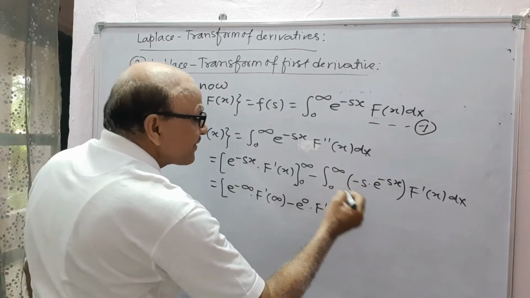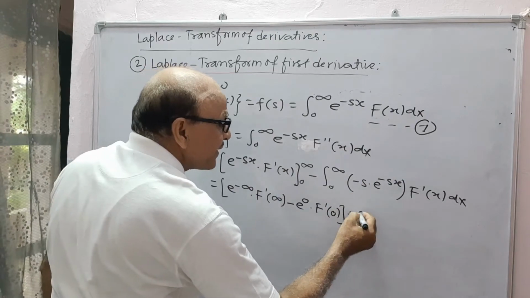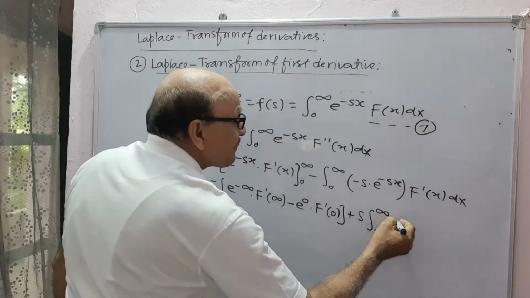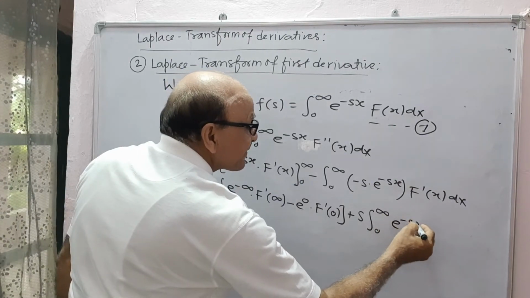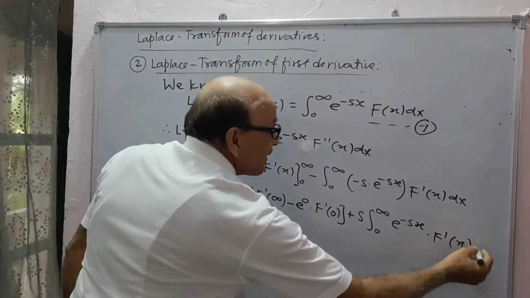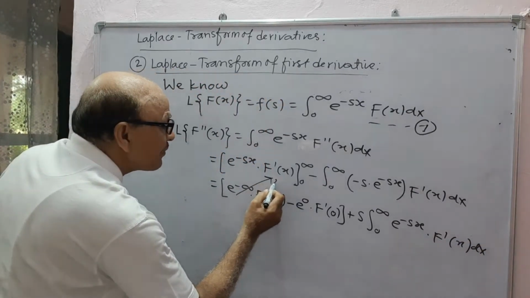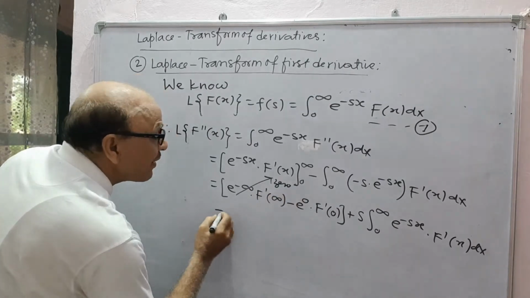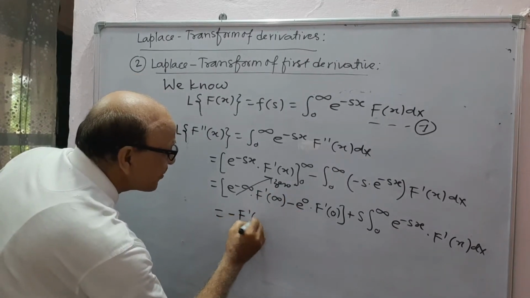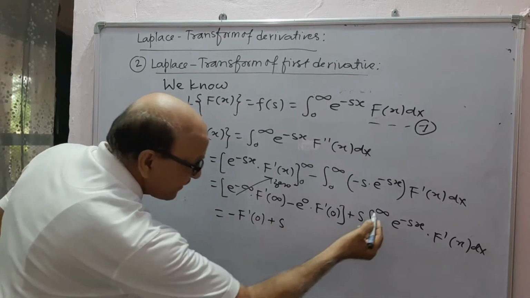This minus gives plus s, and s comes out of the integral 0 to infinity e to power minus sx f dash x dx. This is 0. This is minus 1. Minus f dash 0 plus s, and